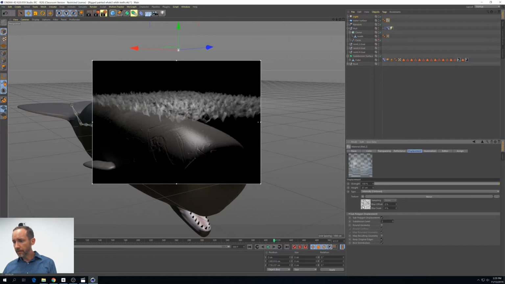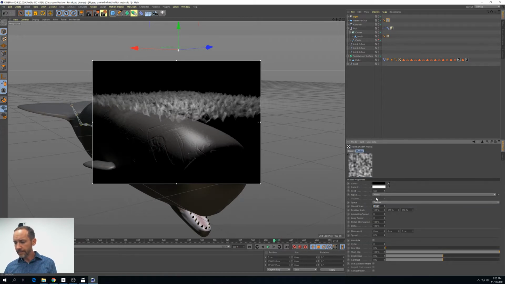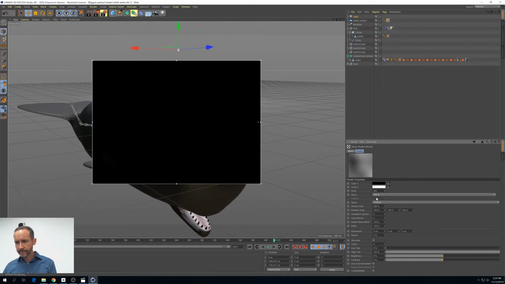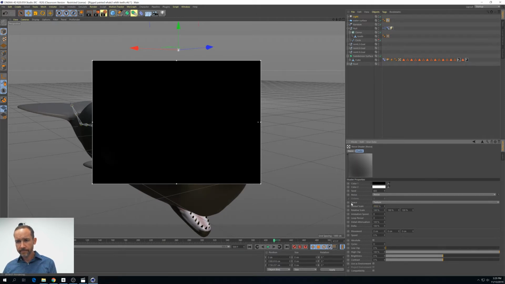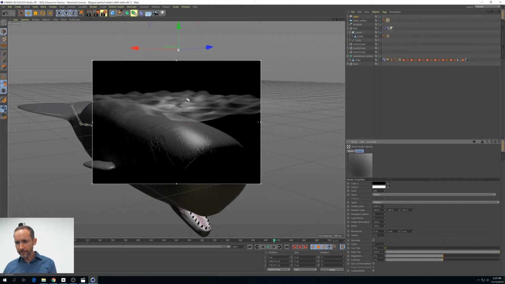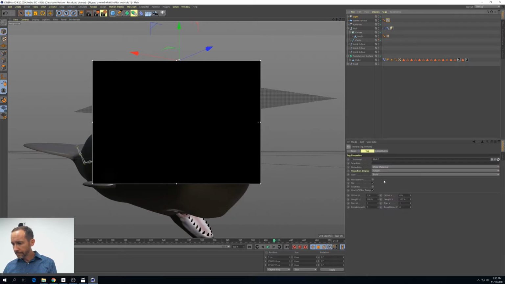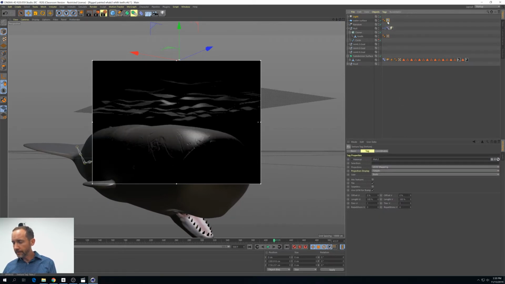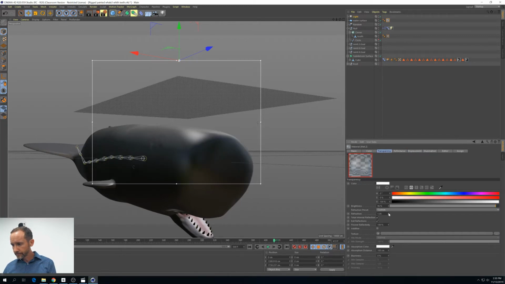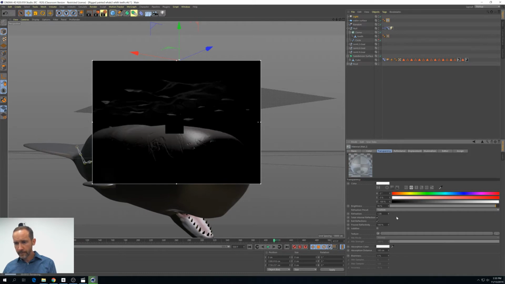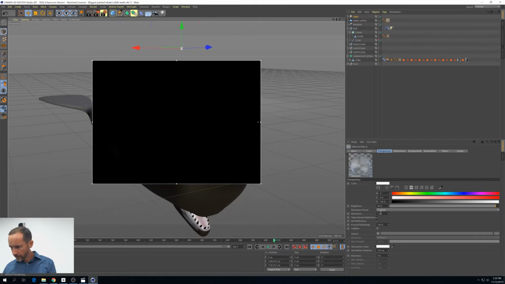The pattern's way too small. And come into the scale, maybe 900. Even that's too small. Let's say 2000 on the scale. Okay, now it's at least some sort of smooth water surface. And then on the material, we start bending some of the light with the refraction,